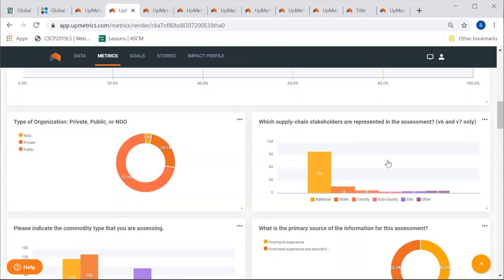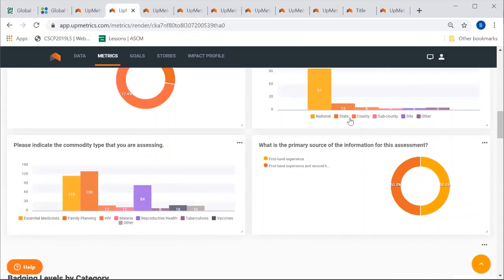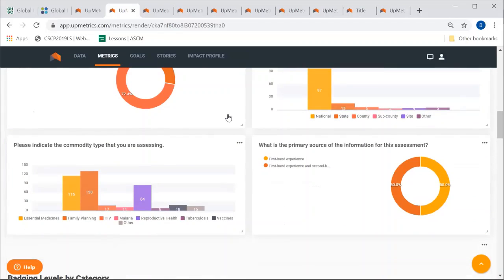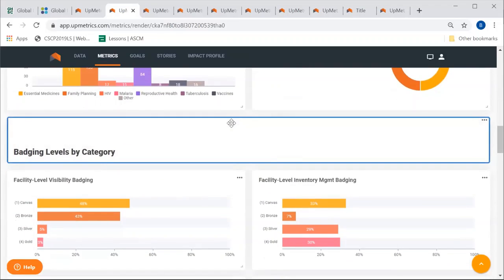You can also look at which supply chain stakeholders are represented in the assessment. Is this national, is it state or county? For every piece of information you put in the profile, you have to put it correctly, because you can come in later to query by that information to see how well the supply chain is doing.